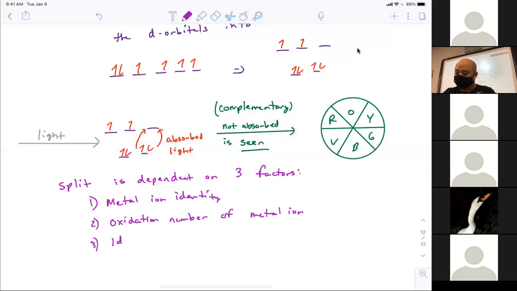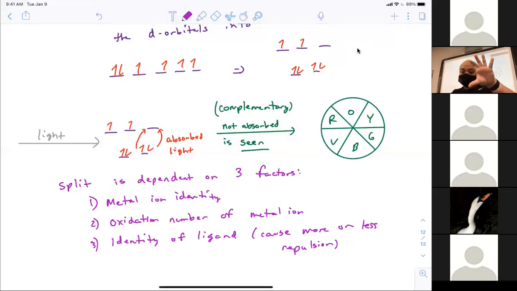And 3, the identity of the ligand, which can cause more or less repulsion,